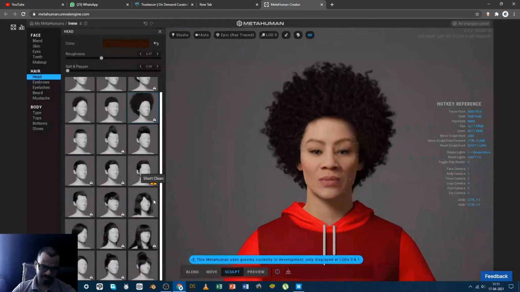You have lots of permutations and combinations. You can quickly do it. And in Daz 3D there are some options, but this gives you more freedom, and only the coming time will show how the competitors react to this MetaHuman environment. So far it's a very satisfying thing to do.